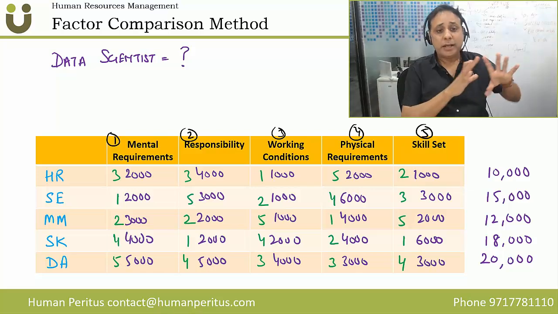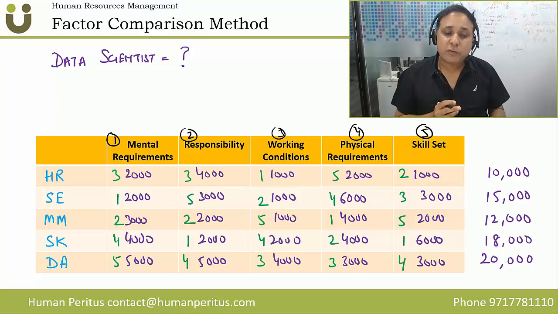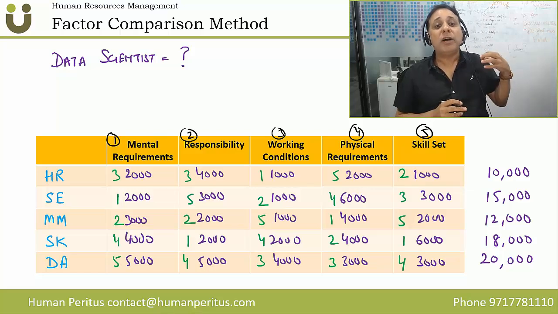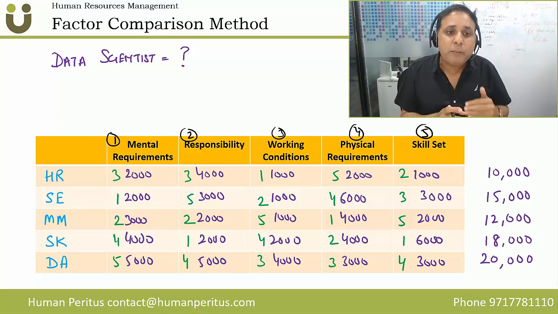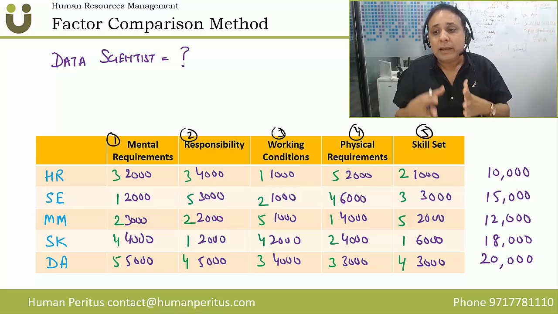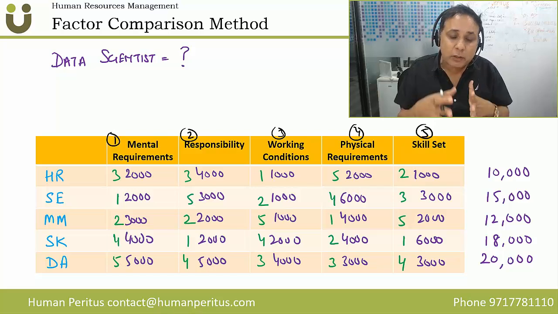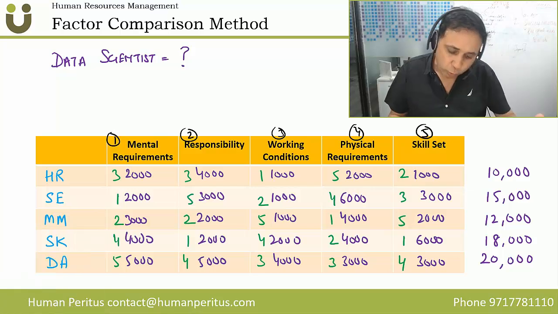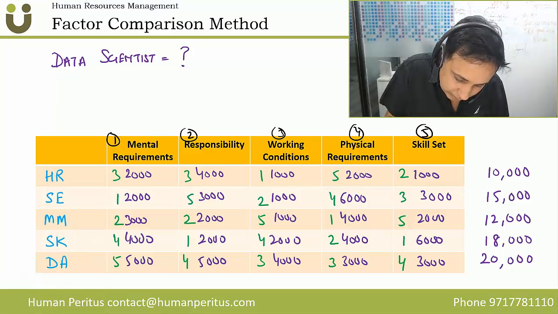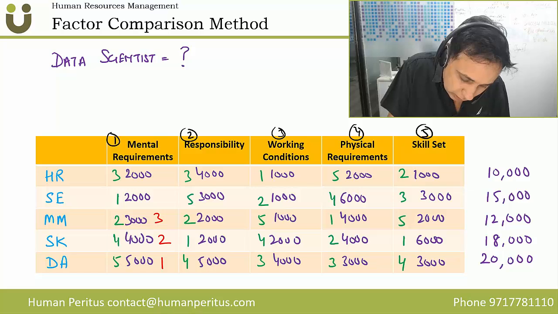So now I have located this in this way. Now guys, what do I do? I rank once again for each factor all 5 jobs based on the wage rate, or based on the money which I have allocated. So for mental requirement, who gets the first rank? 5,000. Then 1, 2, 3. So I give it 4, and because I got 4 and 4, I can tie.